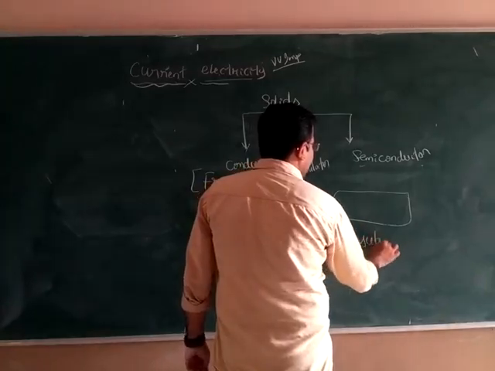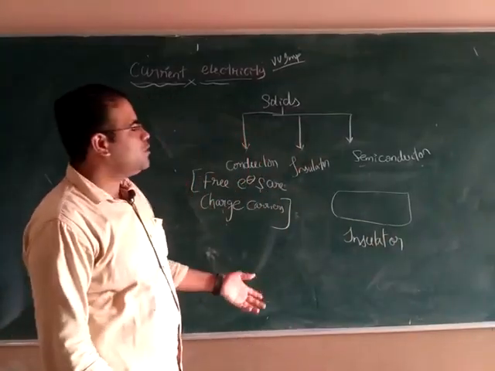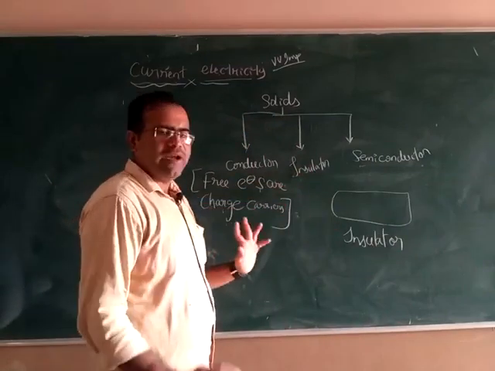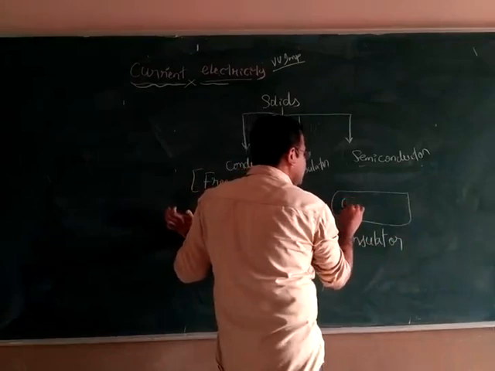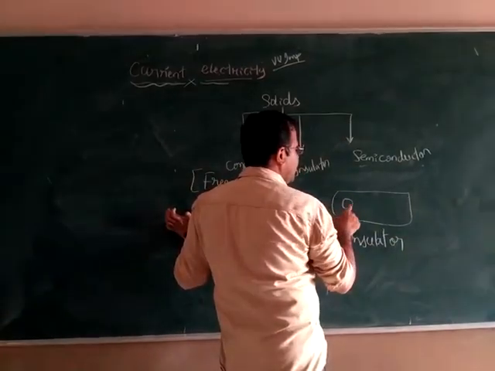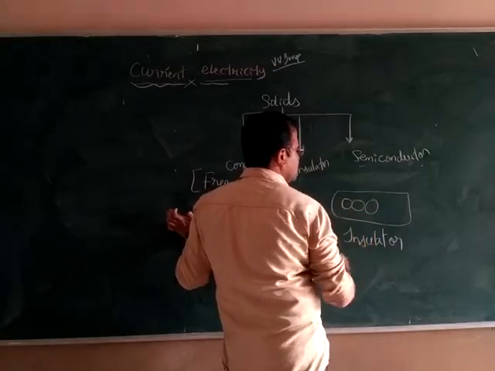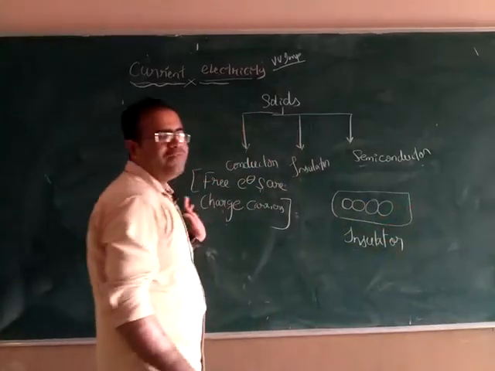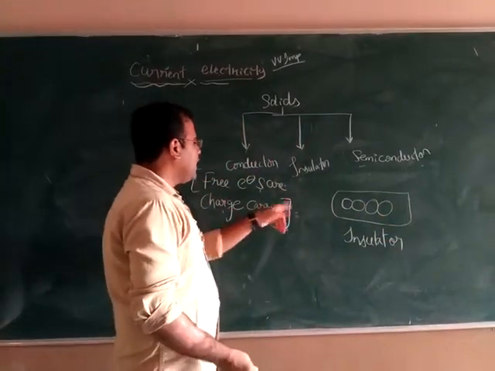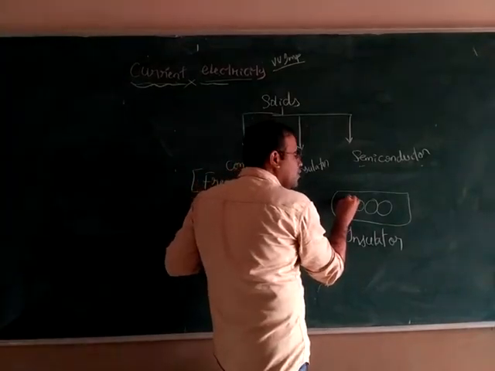So this is an insulating material. Why are we giving it the name insulator? Well, let us see. Consider an atom inside it, the first atom, this is a second atom, this is a third atom, and this is the fourth one. Like this we have n number of atoms. So when we have n number of atoms, in that, the valence electron